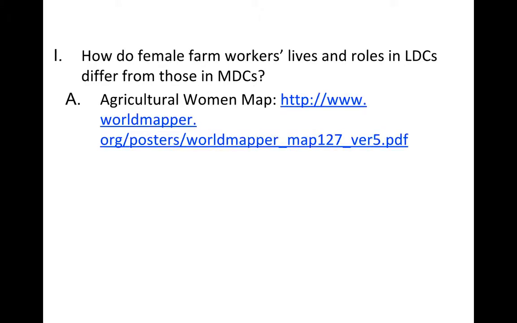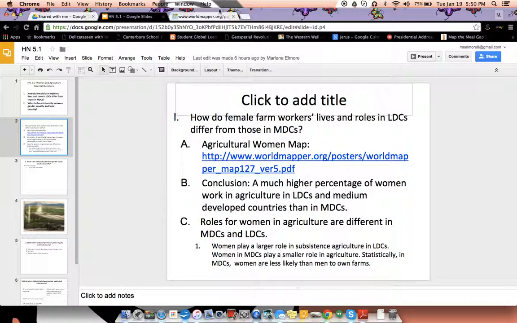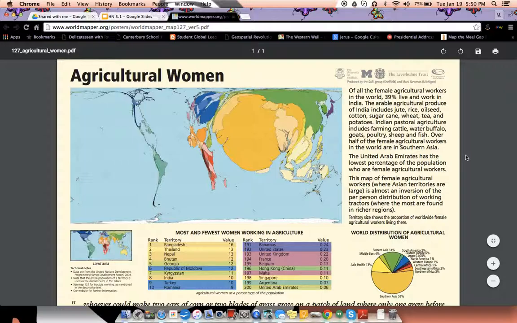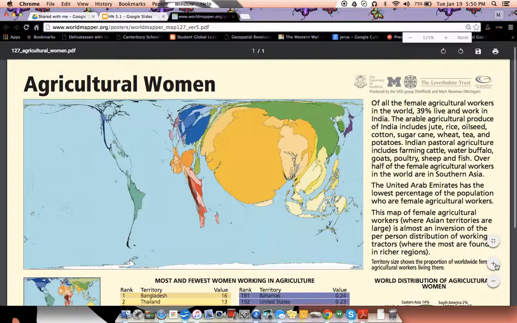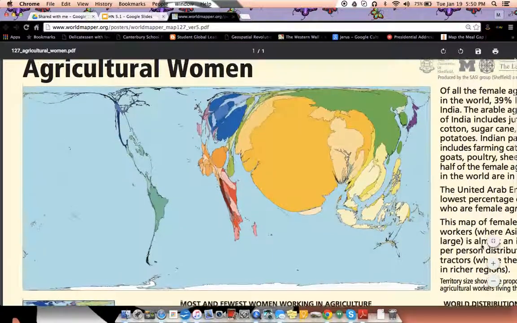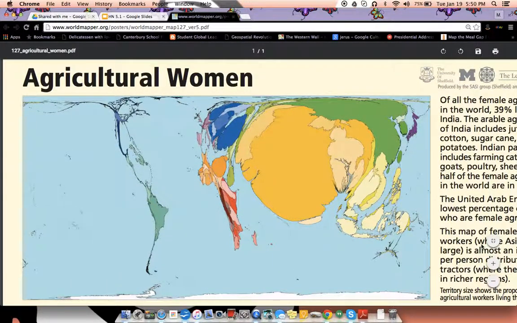So, what I want to show you first is this map that is right here. If we take a look at this map, first of all, I want you to realize what type of map this is. If you can write that down in the margin someplace on your note sheet, that will be great, and I'll check it when I check the rest of your notes. Then just take a moment, look at it. What stands out to you? Obviously, there's something really big that should stand out to you.